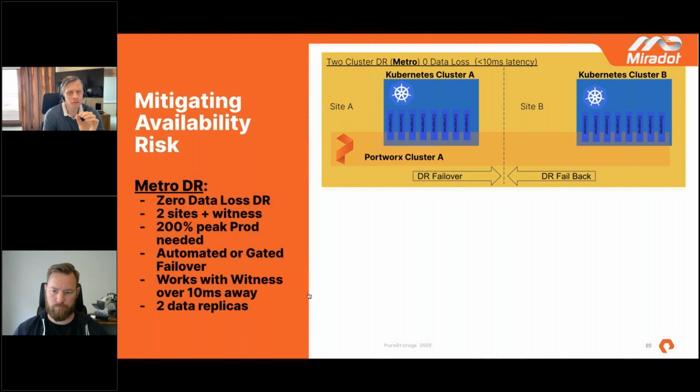But I want to contrast it to the other approaches. So in this scenario, we have to have both data centers within 10 milliseconds of each other, because otherwise the whole thing has to wait while we get acknowledgements back. We have two replicas of your data. As we're splitting between sites, if we had three, we would have two on one site, and that would be a problem because we'd have an issue with quorum.